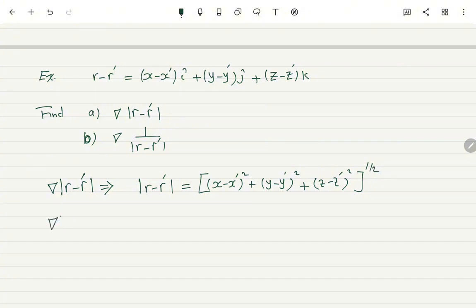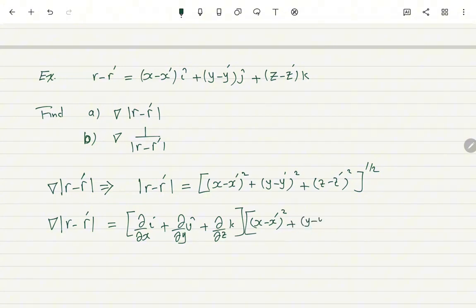Now the gradient, or the del operator, equal to partial x i, partial y j, partial z k. This applies on this one here,